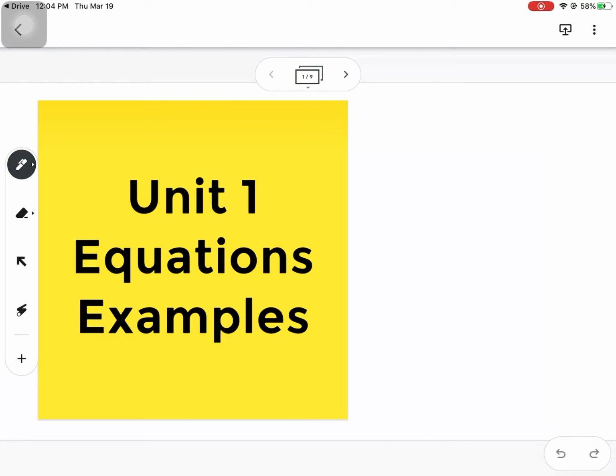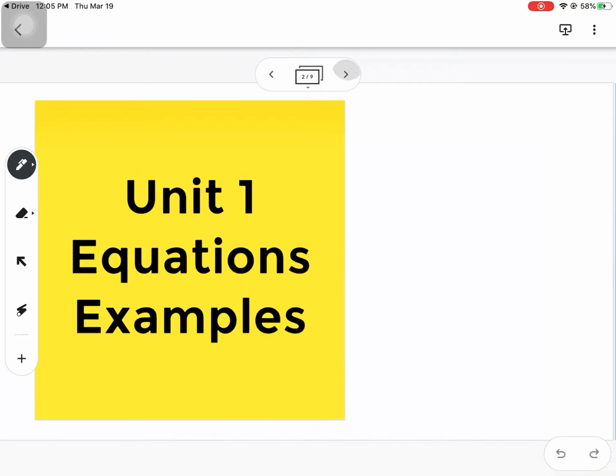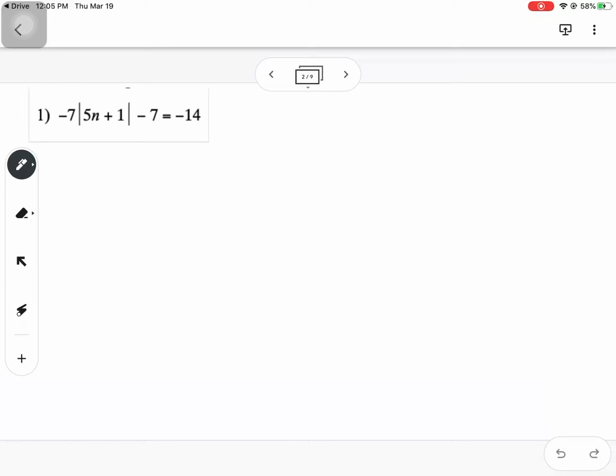So we're going to go over your Unit 1 equations that we talked about forever ago. And I'm just going to do some of each type here to kind of give you a refresher. One of the first things we talked about in Unit 1 was our absolute